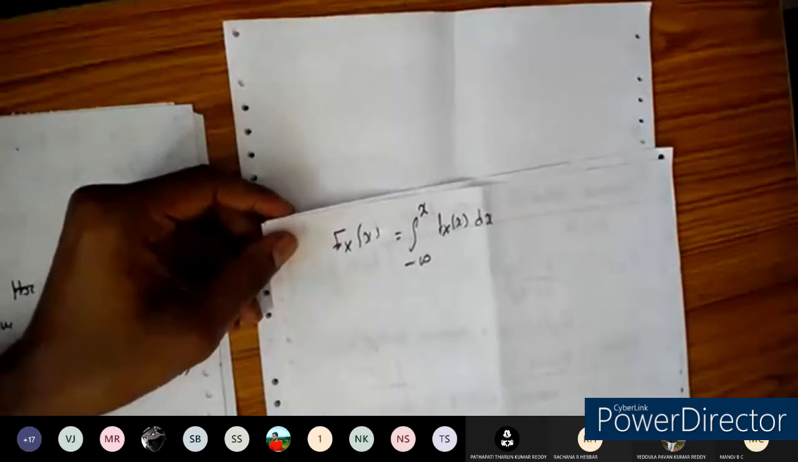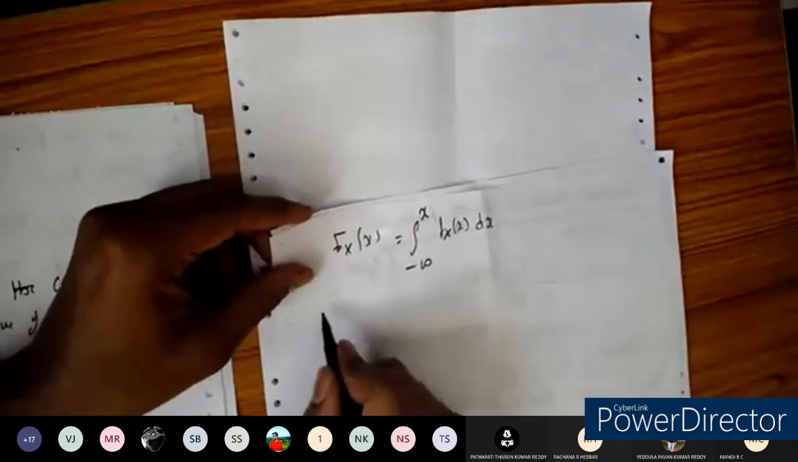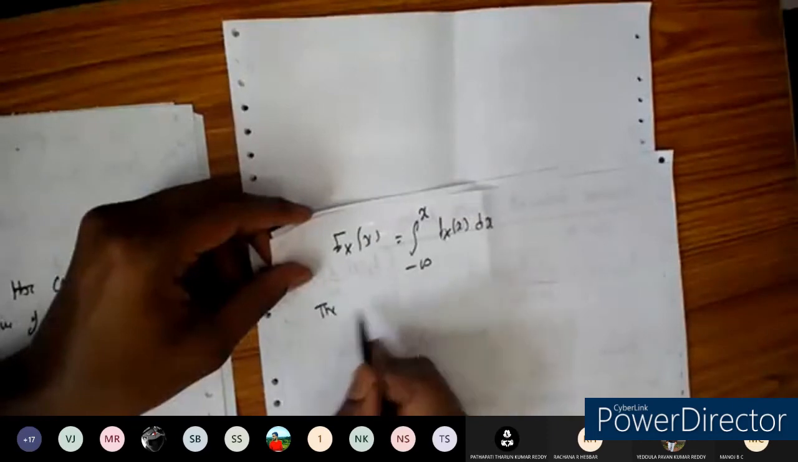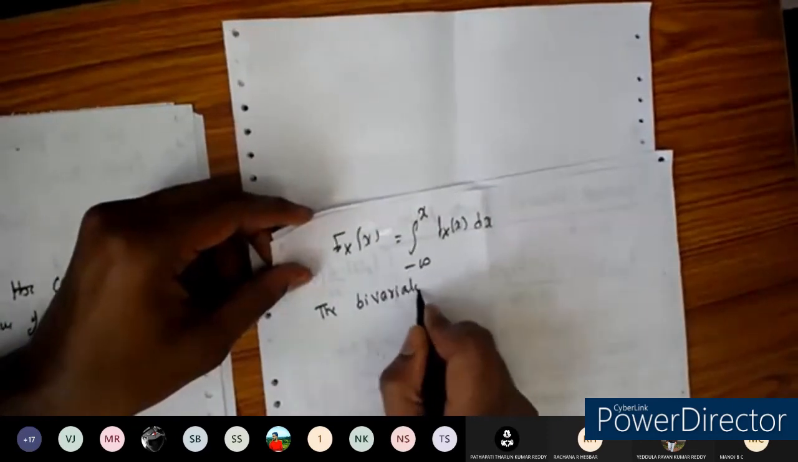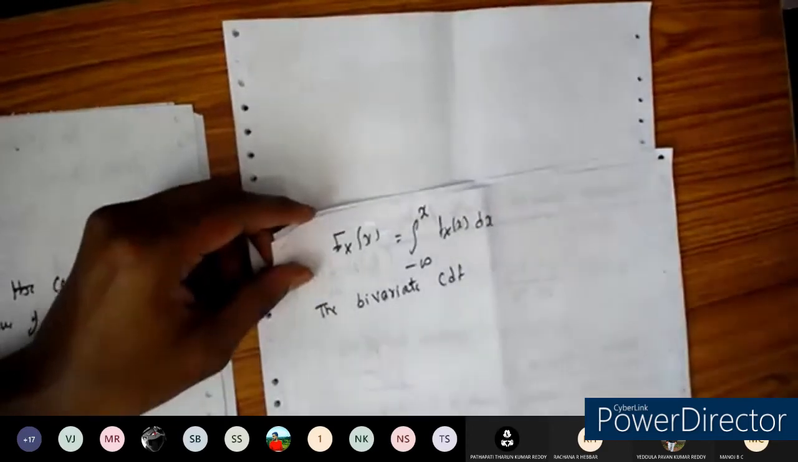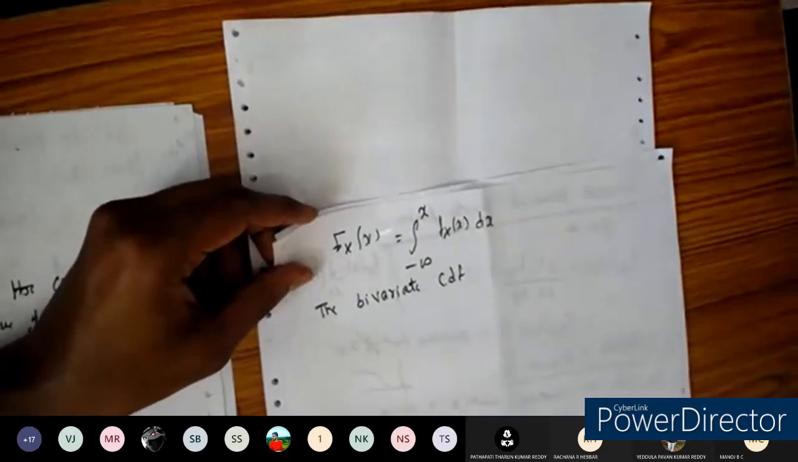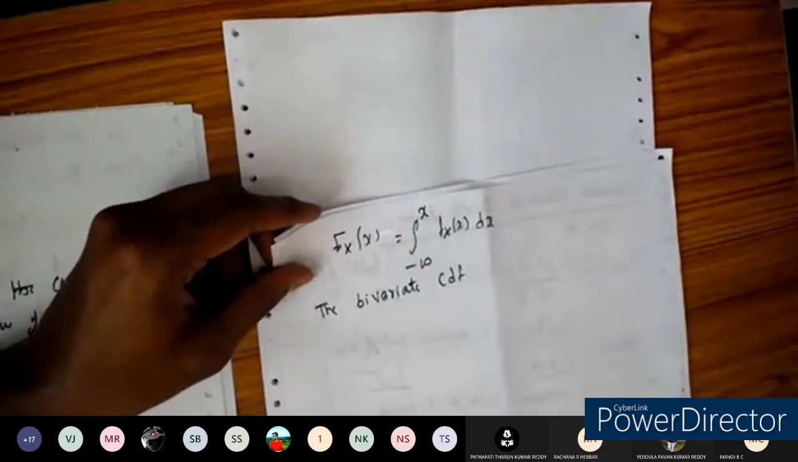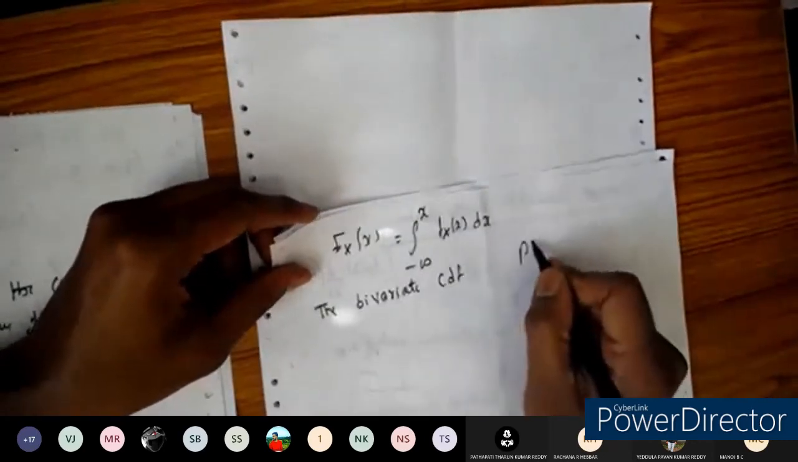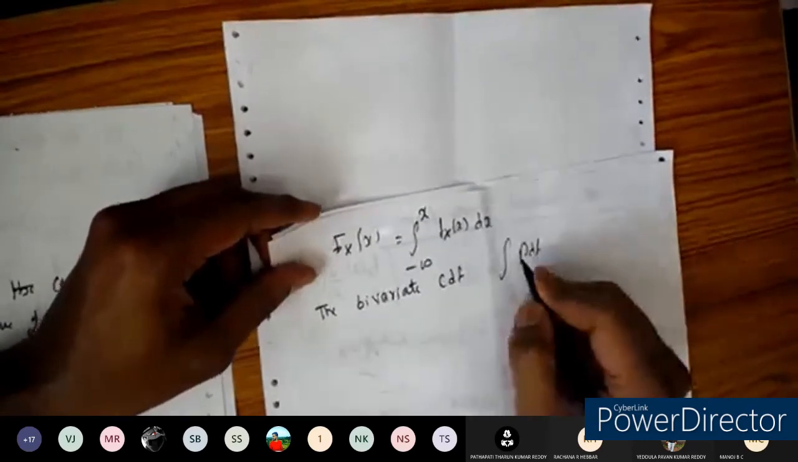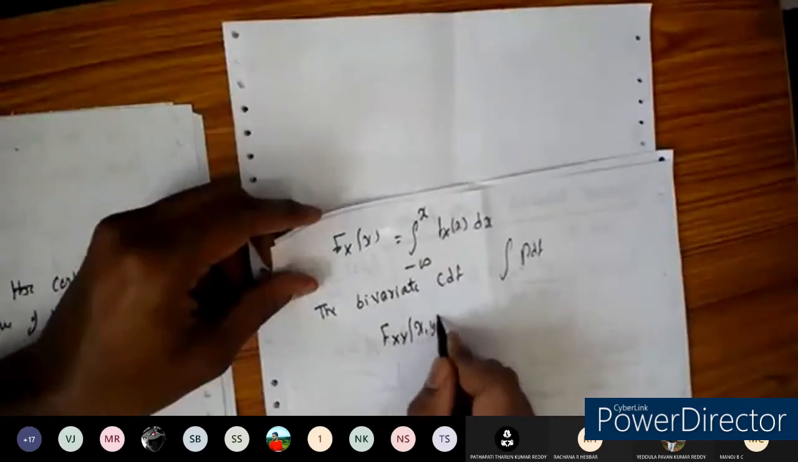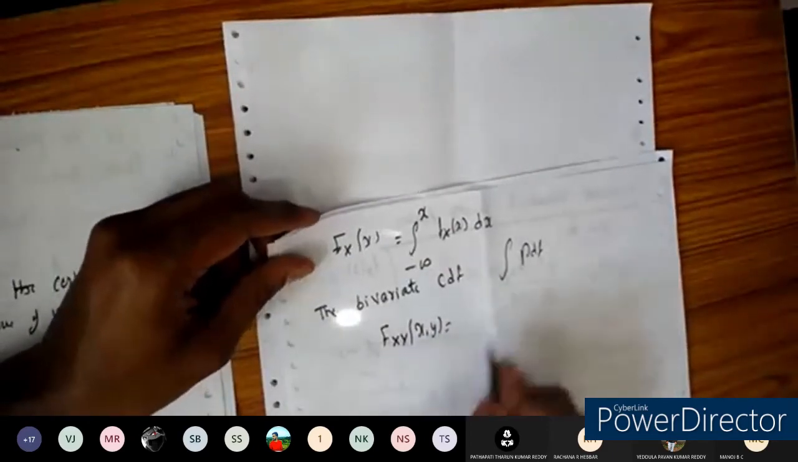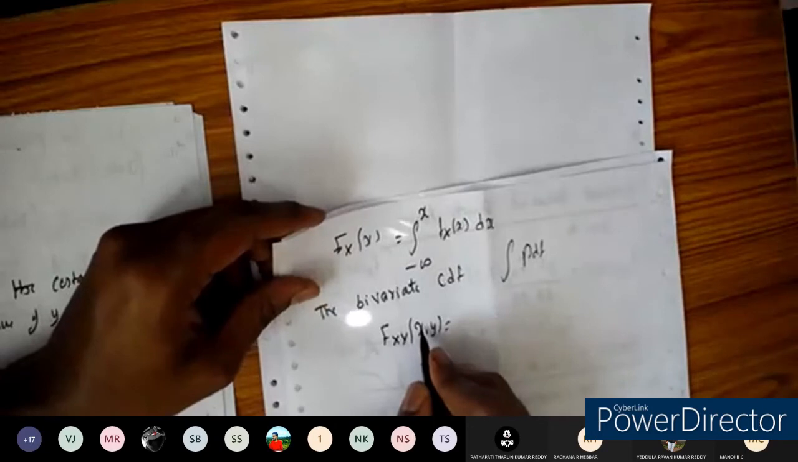So you can take the bivariate CDF. The bivariate CDF can be obtained by integrating the PDF, given by